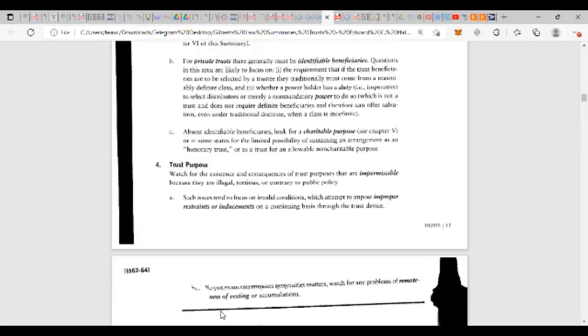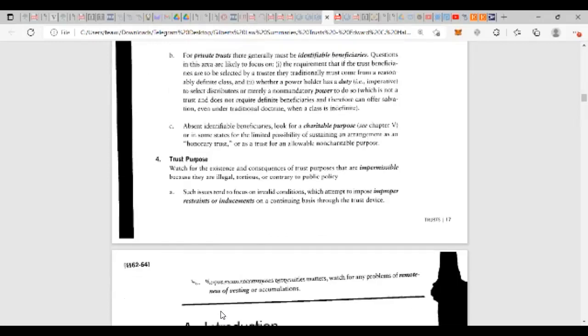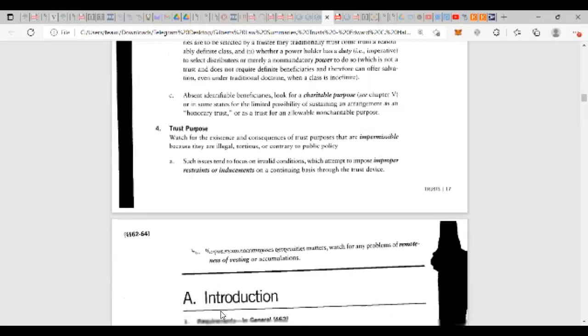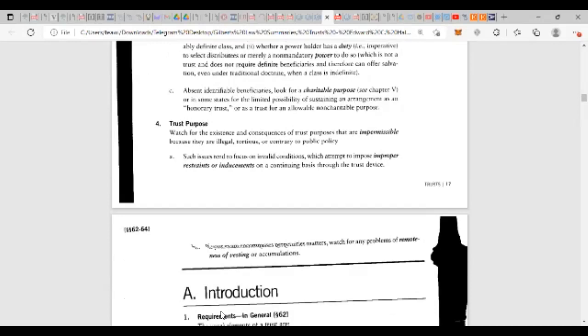Questions in this area are likely to focus on 1, the requirement that if the trust beneficiaries are to be selected by a trustee, they traditionally must come from a reasonably definite class, and 2, whether a power holder has a duty, i.e., imperative, to select distributees or merely a non-mandatory power to do so, which is not a trust and does not require definite beneficiaries, and therefore can offer salvation, even under traditional doctrine, when